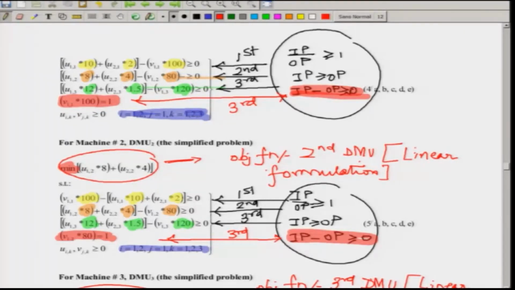No, my mistake, just wait on. This would be for the first, because it is the first DMU. Similarly, this would be for the second. So, 1, 2, 3 are all the constraints existing both in the nonlinear part and the linear part. Only the added-on constraint which is coming up corresponds to the DMU where we are trying to optimize.